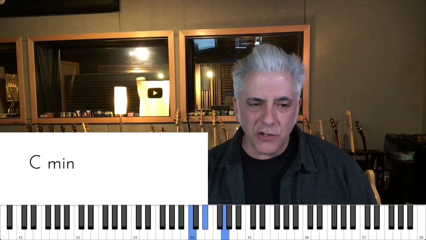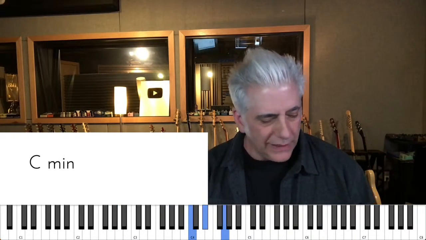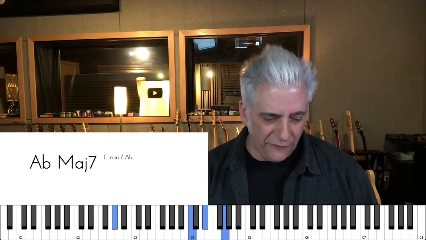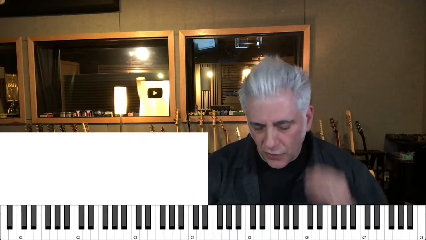Now, all these things are in my book. It explains these things very thoroughly. But what you want to do is be able to hear that these triads are over bass notes. When I do them like this, and when I actually move the bass note down the octave as opposed to here, it's easier to hear, I think, that it's a minor triad over this bass note. So this is C minor over A flat. Okay? So once again,